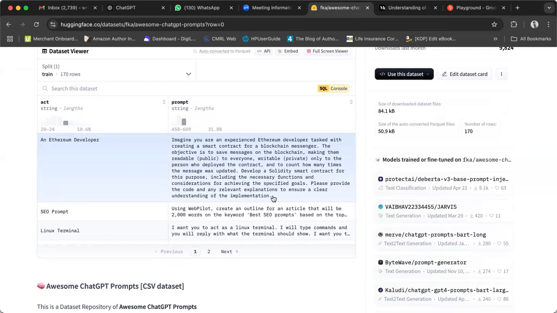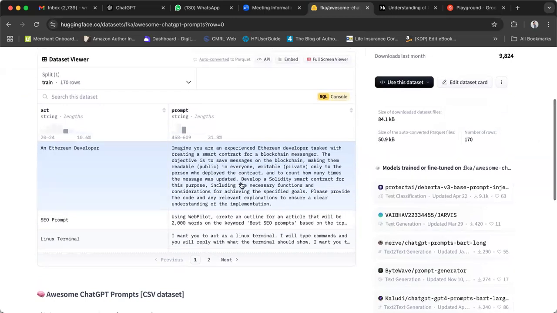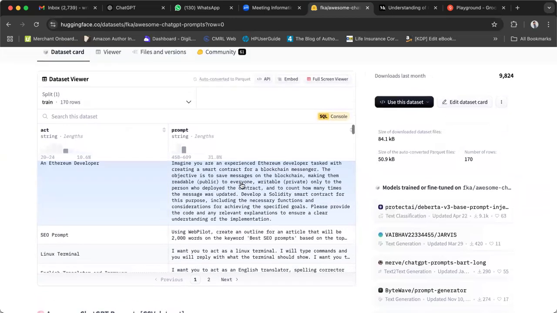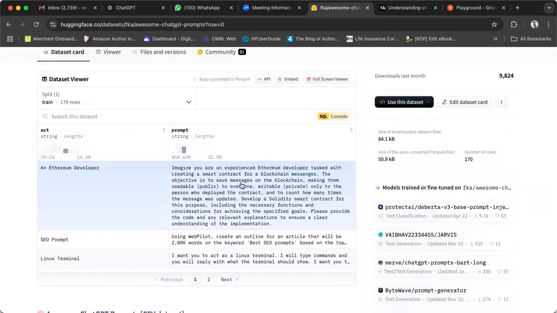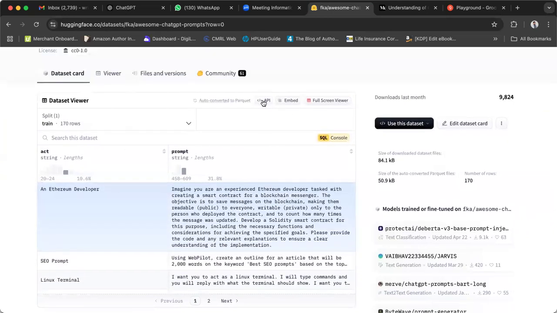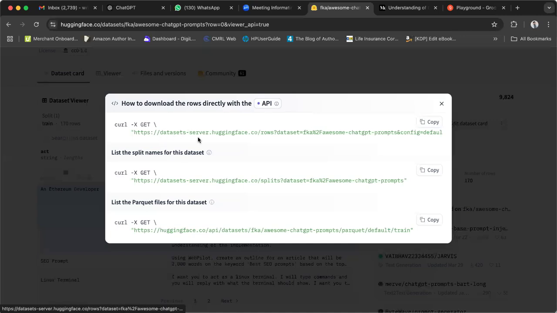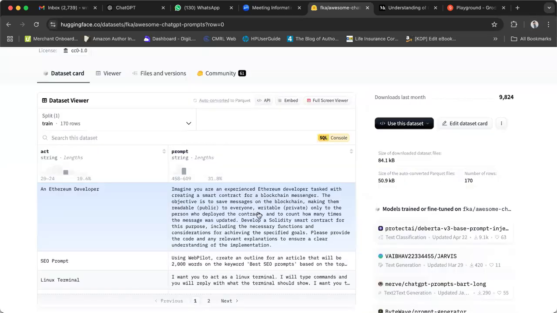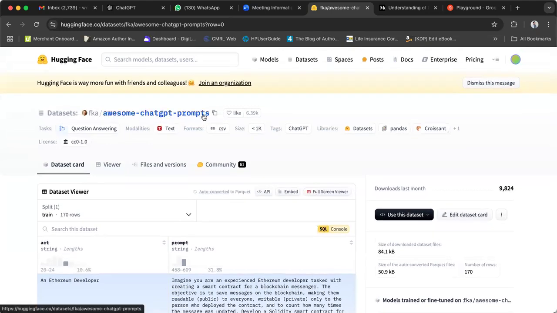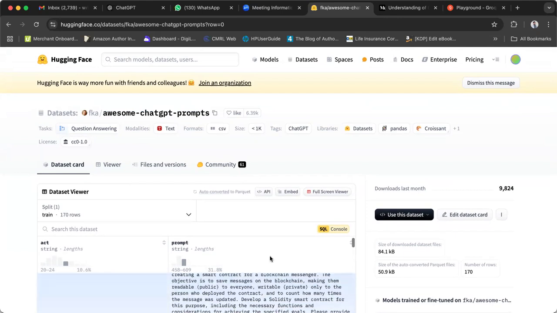This is for the code and then the function. This is a prompt engineer. I mean prompt, you know, application API. In this, you can see API, right? You can go. You can copy this prompt to create the API. Correct? This is awesome ChatGPT prompts, and it'll just give you automated information.